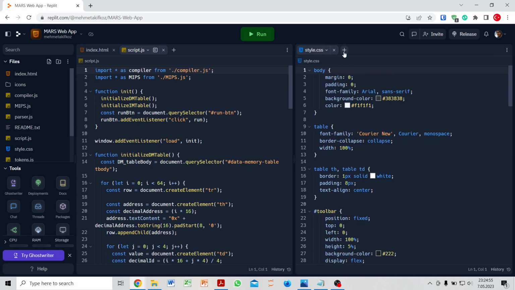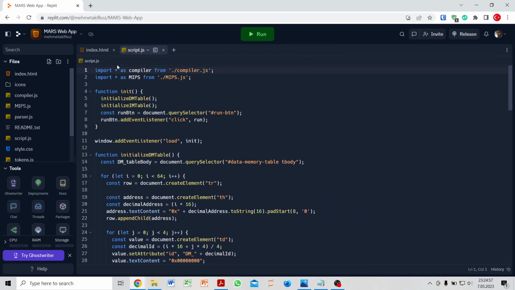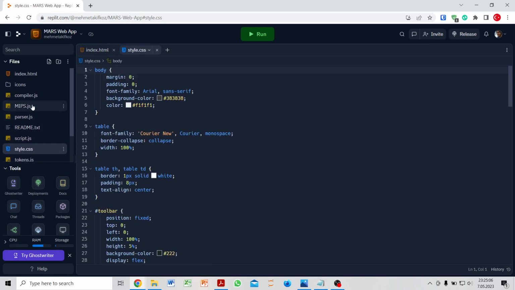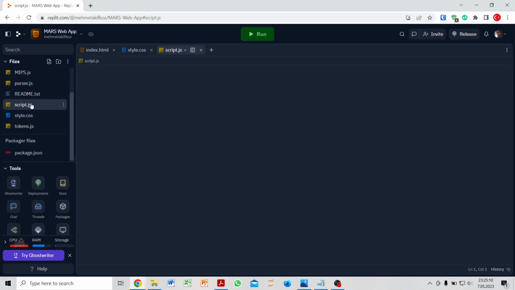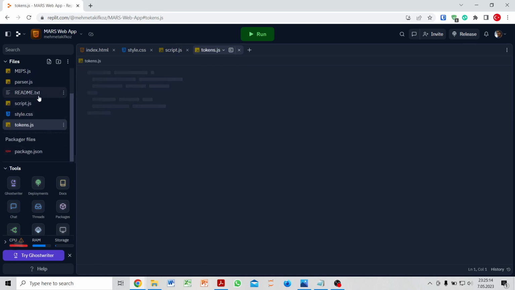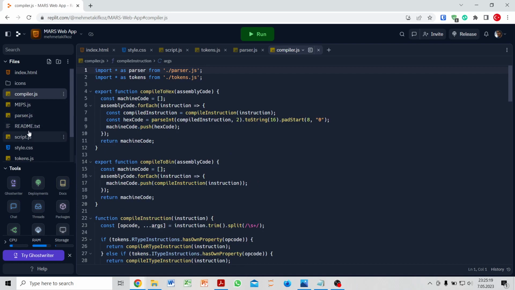So let's start with the HTML, CSS, JavaScript. Where is the script? Yeah, it's in here. And we have tokens, we have a parser, we have a compiler, and we have a